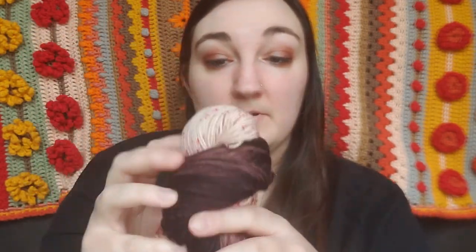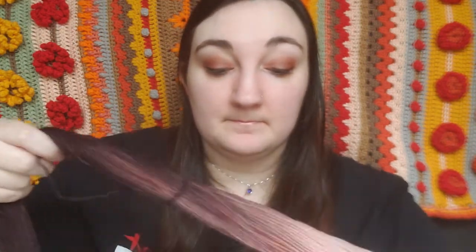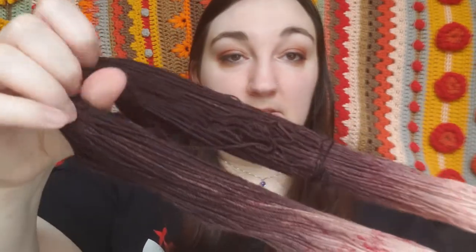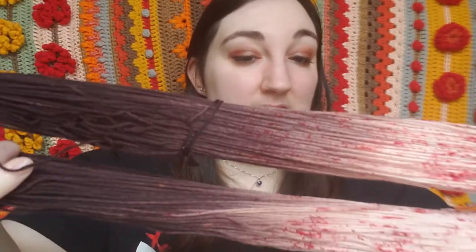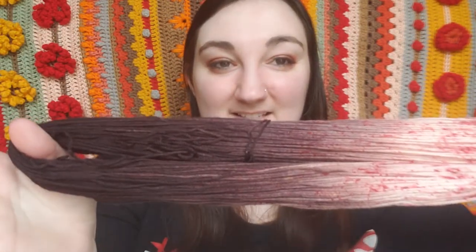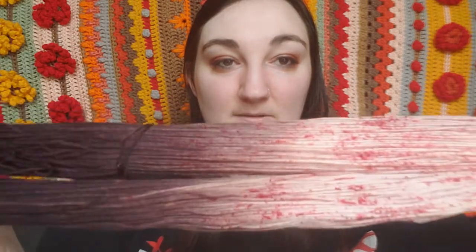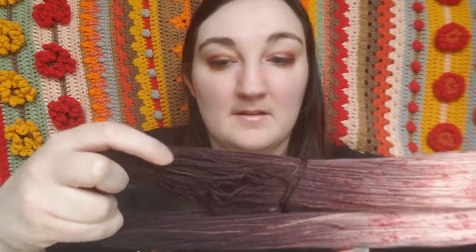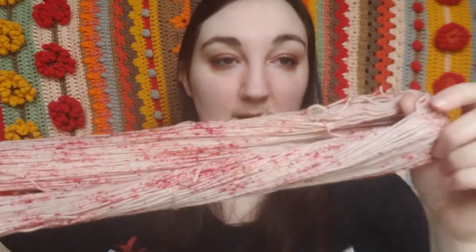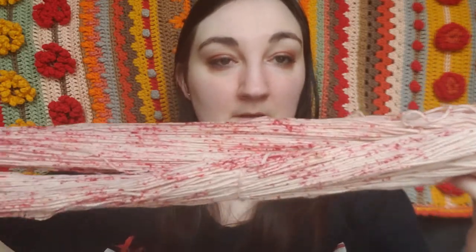I first dip dyed it, in fact, I'll go ahead and unhank it. So I dip dyed it to get that really pretty dark end that's only 25% of the skein, and then a gradient out. And then with the rest of it, I was originally going to mix up a pinkish brownish color for the rest of it,